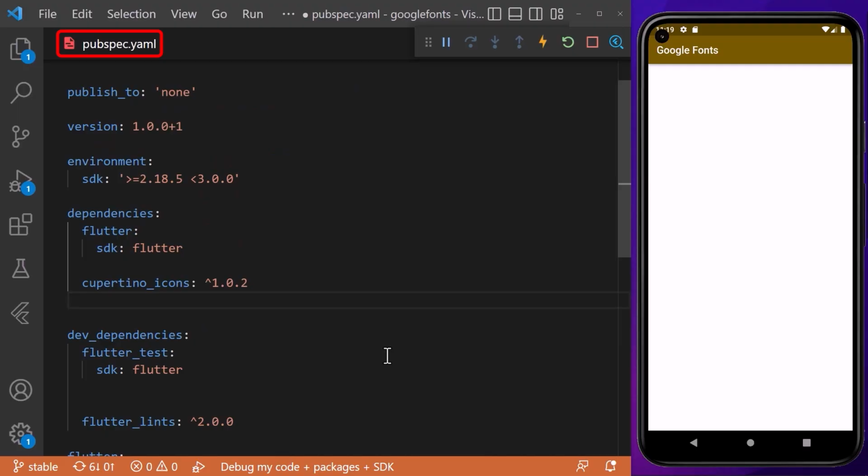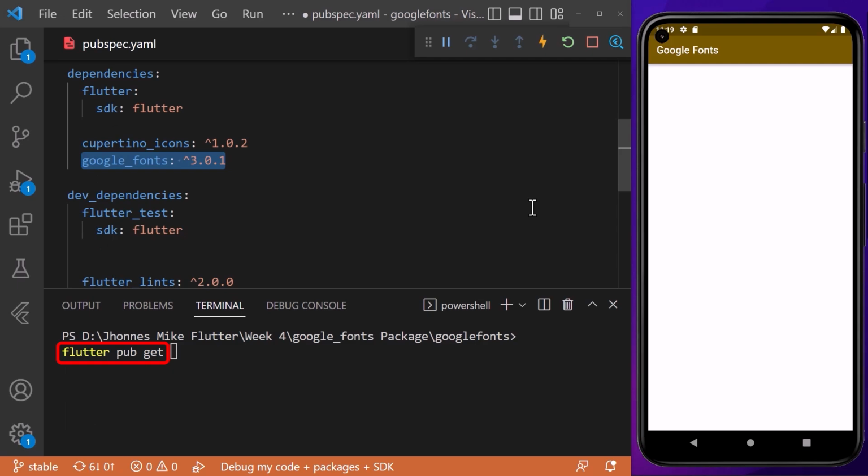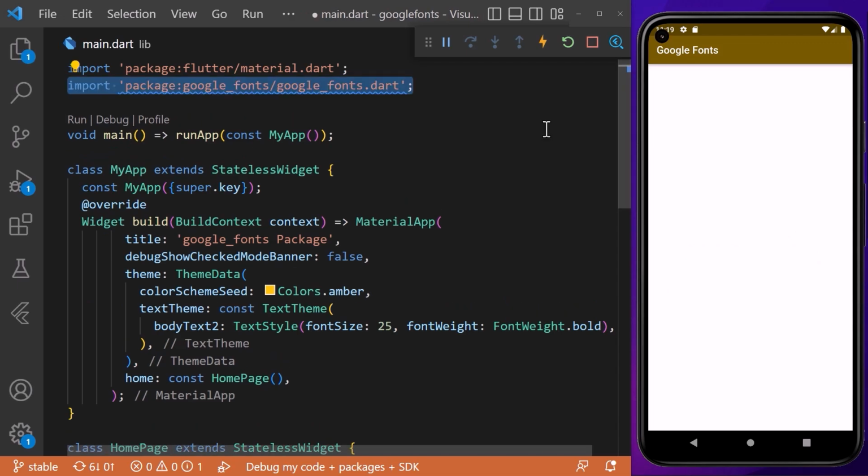First of all, we need to introduce the package by going to the pubspec.yaml file. Here we will add the dependency called google_fonts. After adding the dependency, don't forget to run the flutter pub get command in the terminal to download the package. Coming back to our main file, we need to import the package into the dart file where it will be